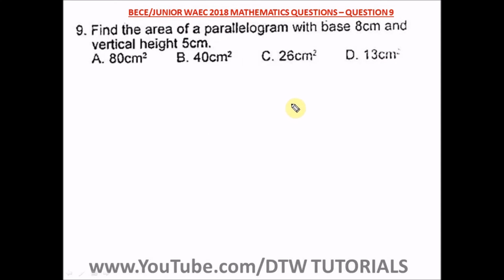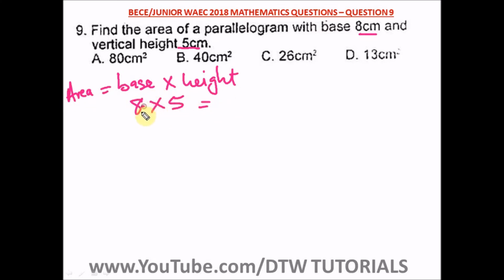Question 9 of the BECE Junior WAEC 2018 Mathematics Past Question. That's your OBJ question 9. It says, find the area of a parallelogram with base 8 cm and vertical height 5 cm. I hope you remember the area of a parallelogram is simply base times height. So we just have 8 times 5. Remember, we have centimeter times centimeter, and when centimeter multiplies, we have centimeter square. And 8 times 5 is